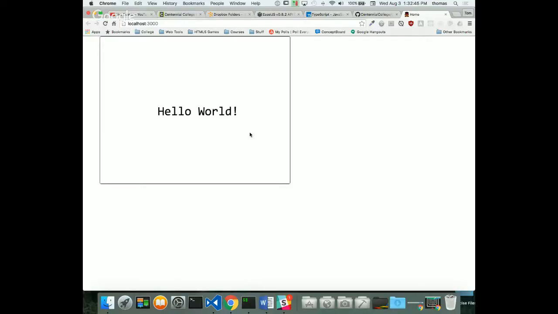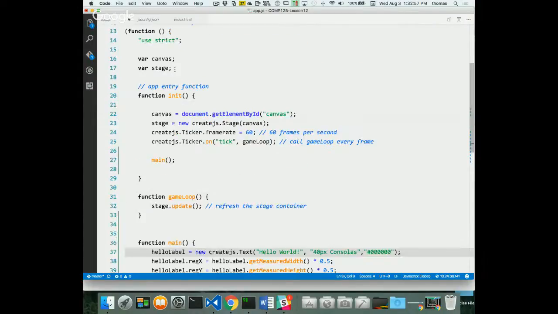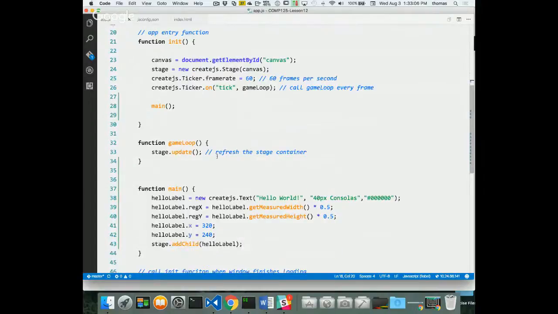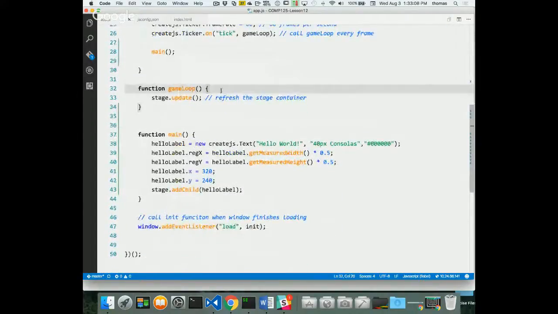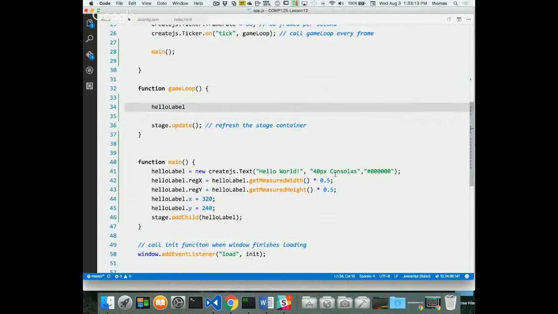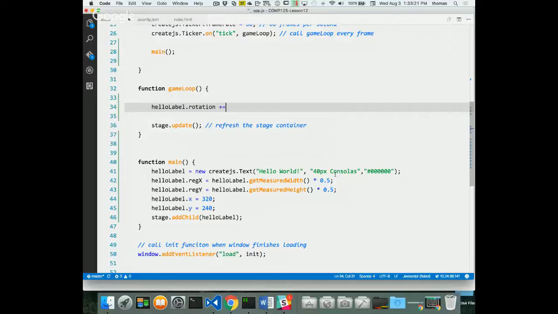Why do we do this? And that's the question you're going to have, right? Why did I work so hard? Because if I make my hello label an object that exists in the functional scope now, here's hello label in the functional scope. Now I have access to calling it inside my game loop. And if I do that before I update my stage, I want to do something like this. I could call hello label dot rotation or dot rotate,